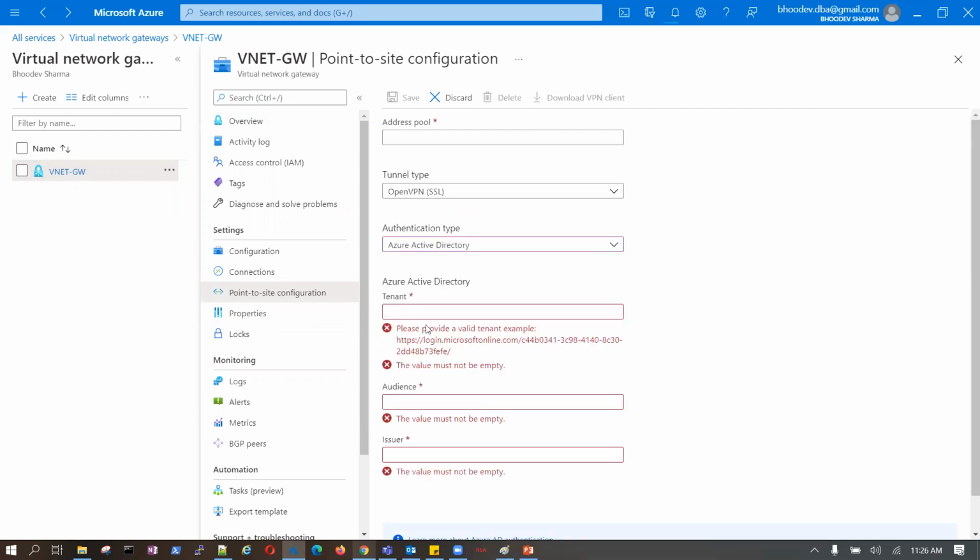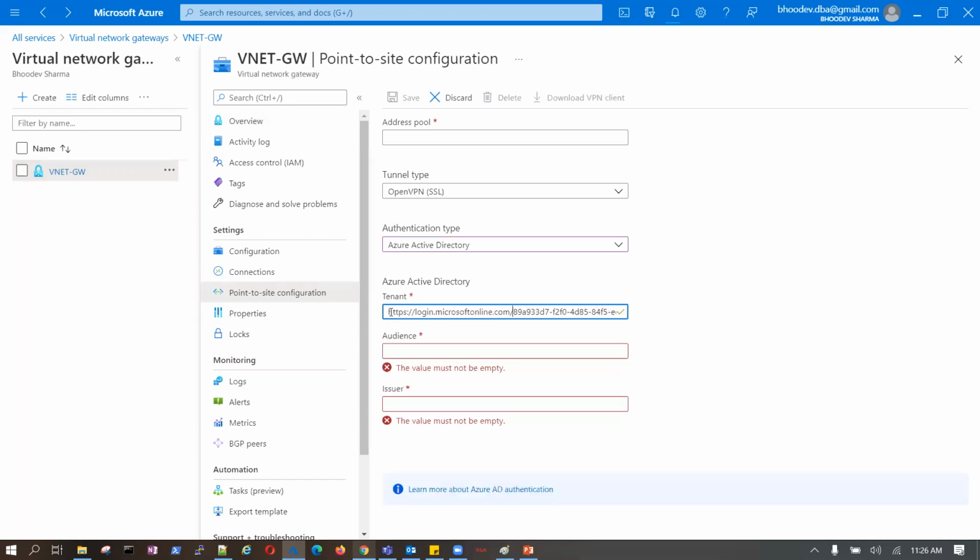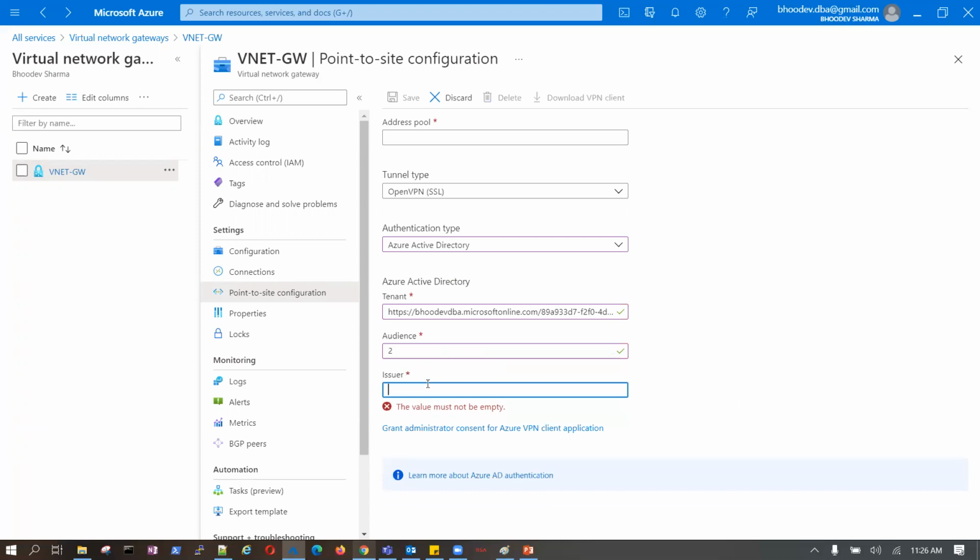This one, right? This is the ID, right? Okay. DBA on Microsoft.com. Okay. The user is Bhudev Sharma.